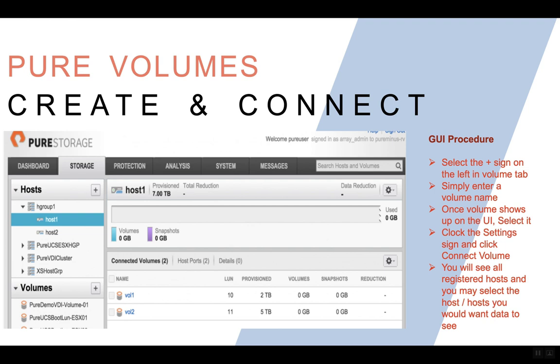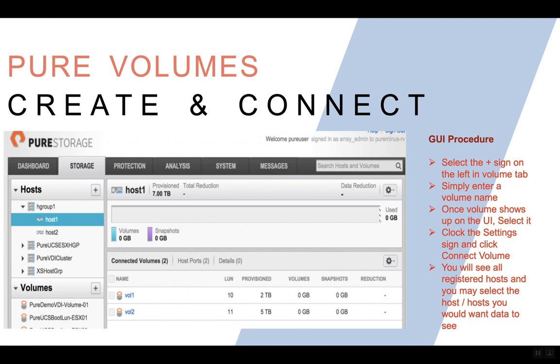Then Pure volumes are created, and then they can be connected to the host that you just registered in the previous slide. You can click on the plus sign on the volumes on the left hand side and simply enter the volume name and the size you want, and the details they have asked for.